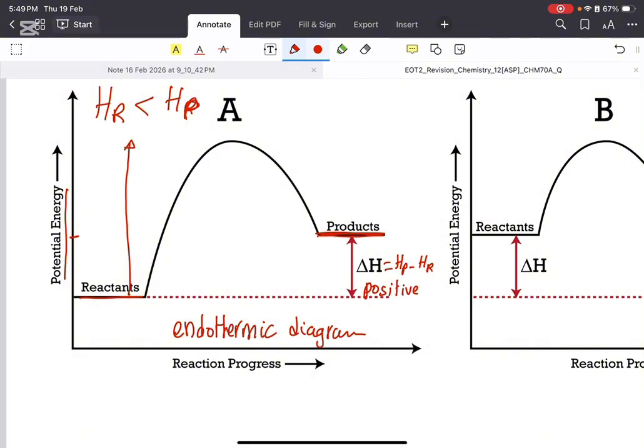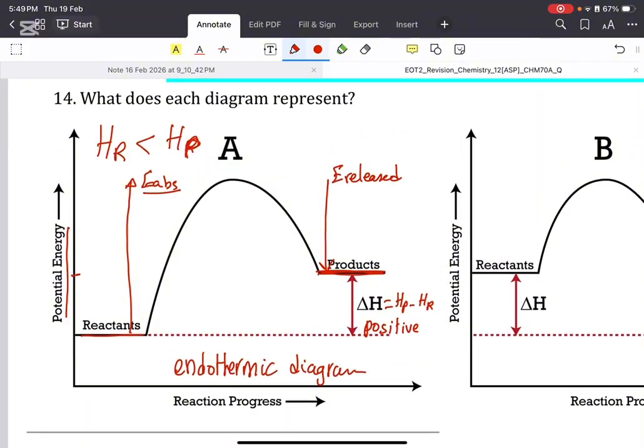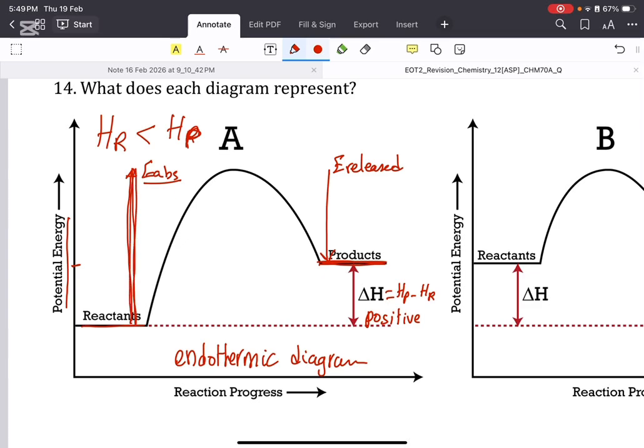The energy absorbed is a lot more than the energy released. The energy absorbed to break the bonds between the reactants is a lot more than the energy released to form the bonds between the products. Okay? Now I just want to point out that the energy absorbed is also called the activation energy in this case. From here to here, that's the activation energy to initiate this reaction and start the process of forming the bonds